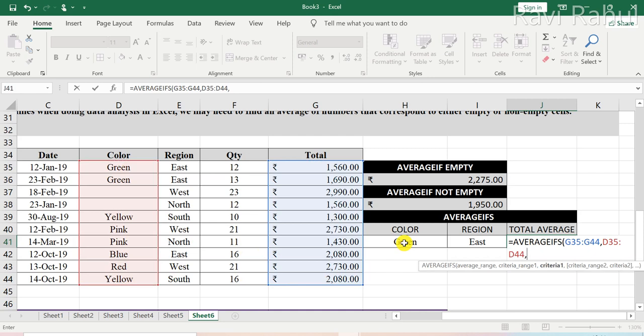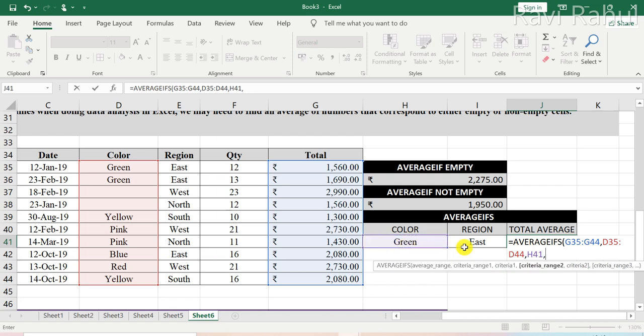So I will select this cell. This is the criteria, that among these colors I want to see a particular one, green. So I will feed in green here, and it will automatically change the data according to what is fed in this colors cell.